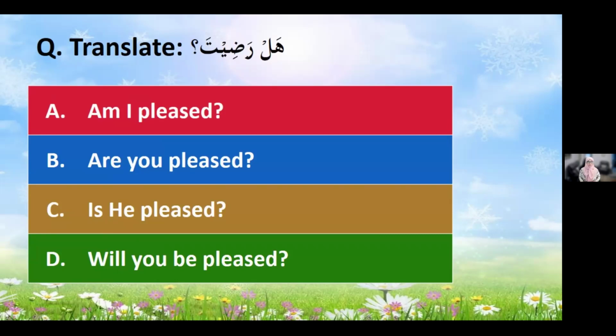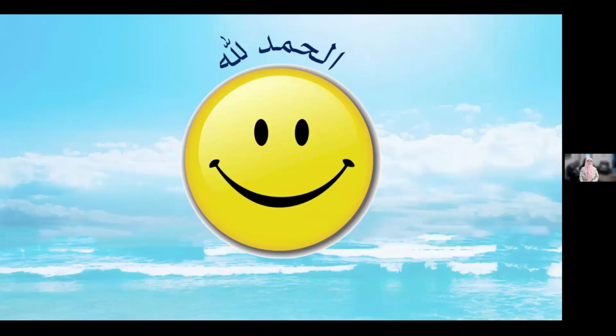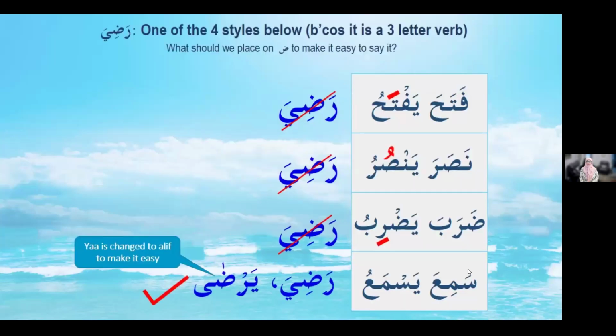Hal radita? In English, what's the meaning of this? Radita, raditu. Are you pleased? It's a past. Hal radita? Are you pleased? Okay. Alhamdulillah, we got that. Now